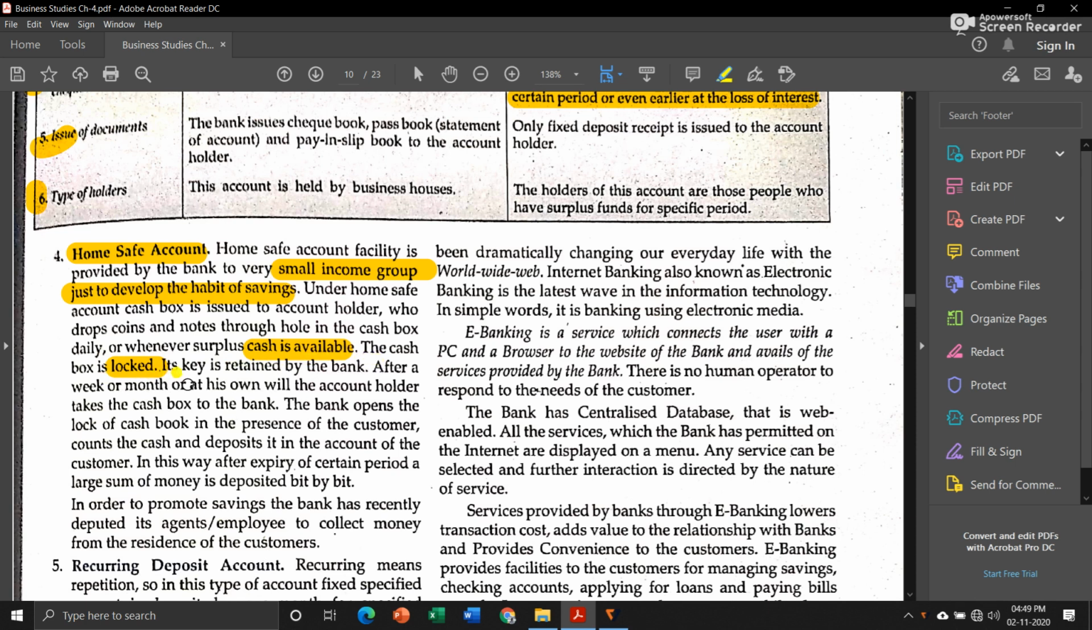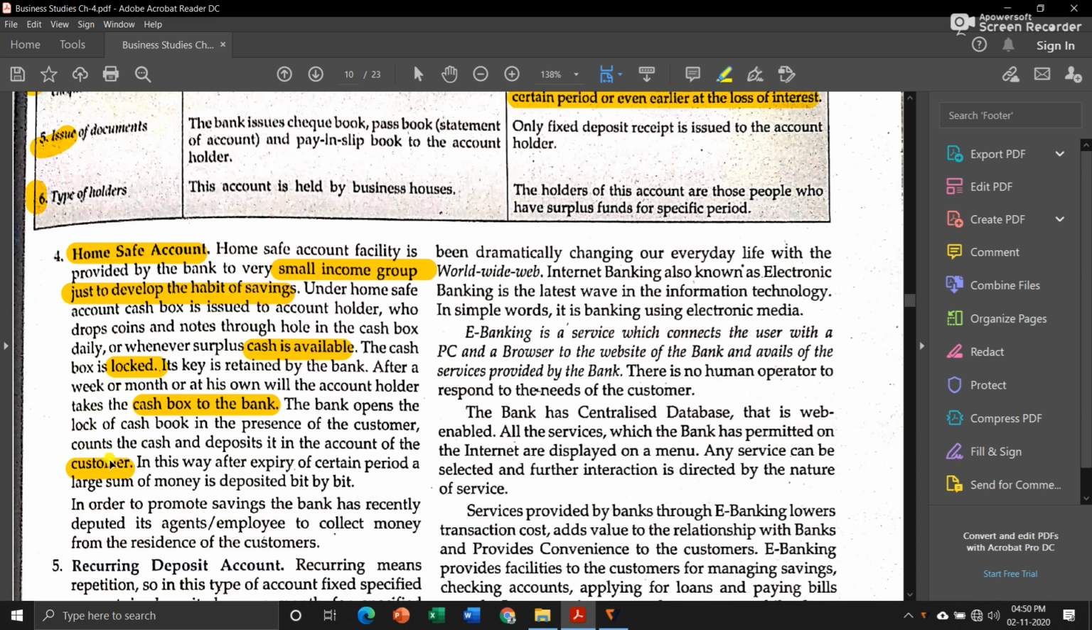After a week or month or at his own will, the account holder takes the cash box to the bank. The bank opens the lock of the cash box in the presence of the customer, counts the cash and deposits it in the account of the customer. So that means first you have to open one home safe account in the bank, and the bank will provide you with a box. In that box you will save your extra money, and whenever you want you can take that box to the bank. After opening it in the presence of the customer, the bank will count it and the amount will be deposited